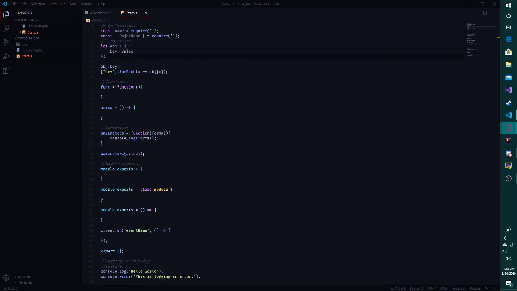So this is a Discord.js tutorial. This is more of an advanced way of doing it. Most people do a lot of their code in one file, which, if you look more into how